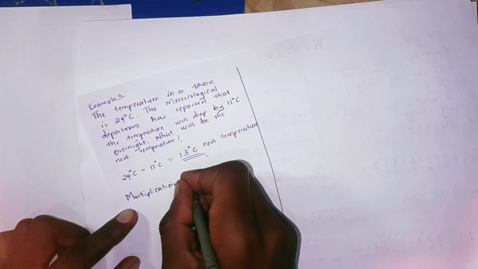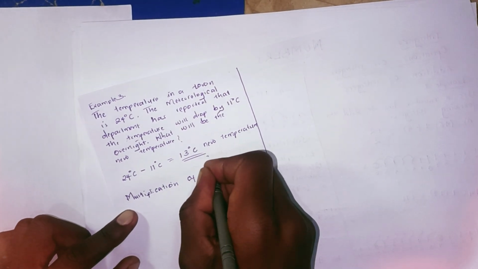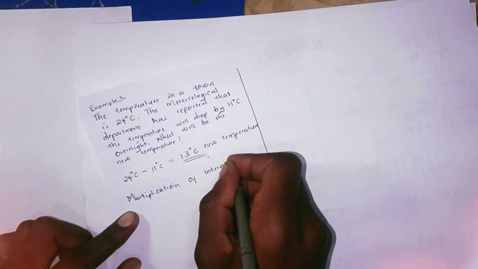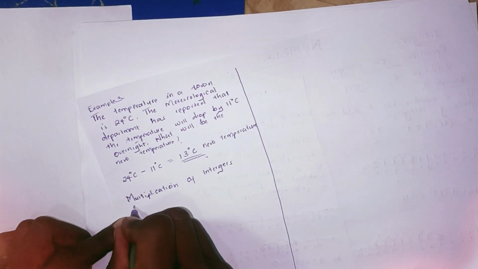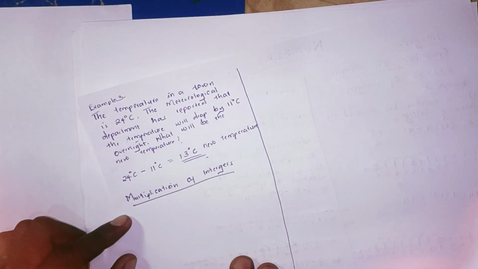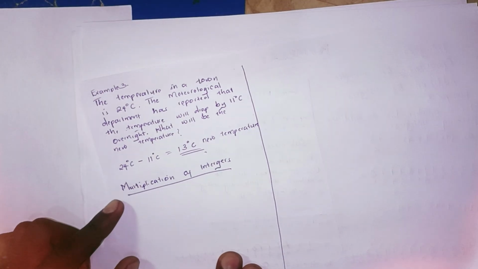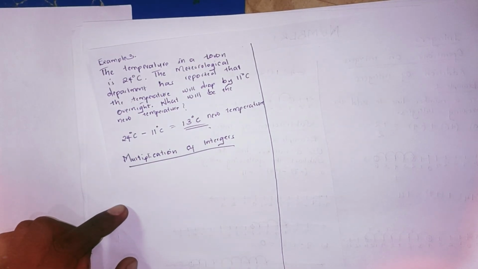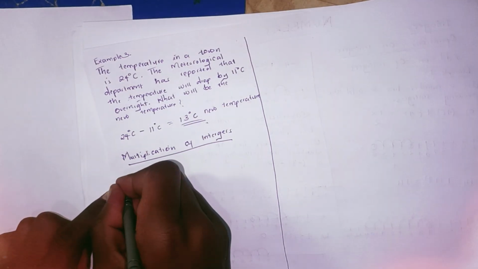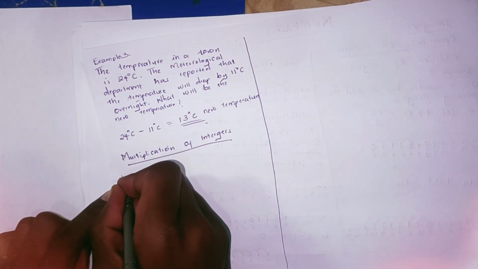Multiplication of integers. In the multiplication of integers, there are a few things that we have to know. Let us write NB, or note